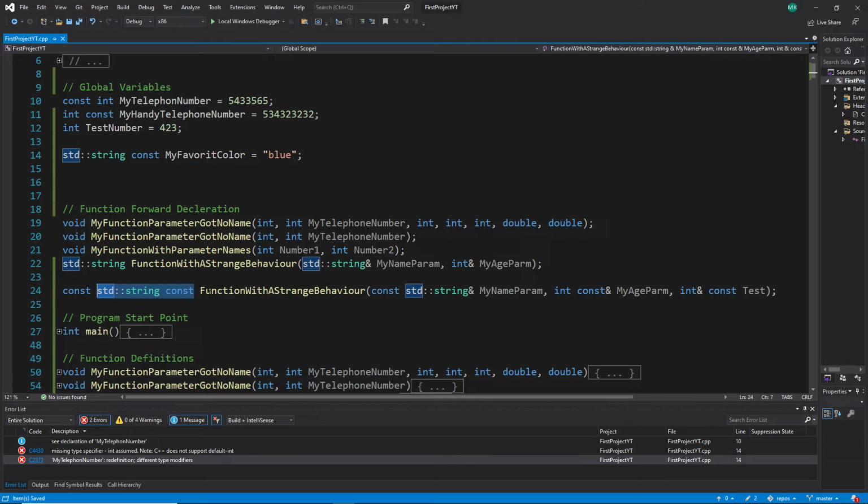Just these two. And then I can say, okay, my function with strange behavior, start again from right, is a const string, which means the return type, because this one is a return type, is const string type. So we have analyzed at least what the return type is. If this return type makes sense here or not, this is another question, because this is again a theoretical question, a little bit